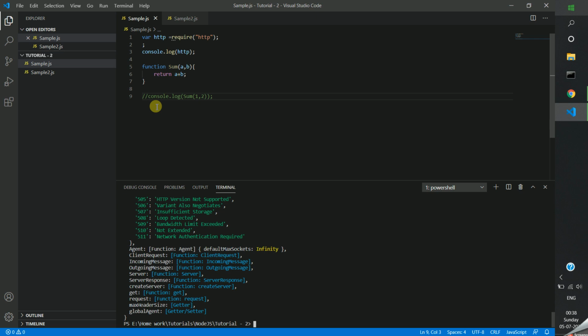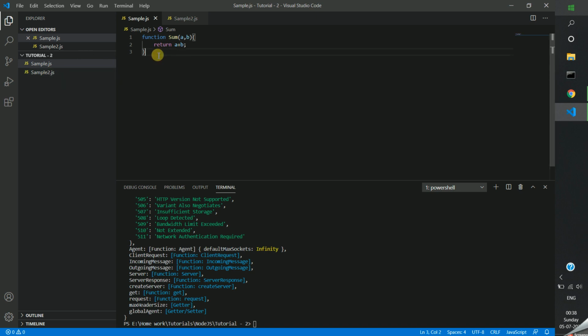So what is the next type? The custom module. The user can define a custom module. For example, consider that here I have declared a function. As I told previously, each file is considered a module, right? So this is one module. This is called a custom module. I am going to use this module in other files.